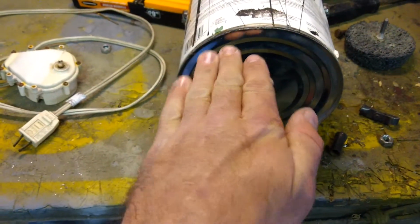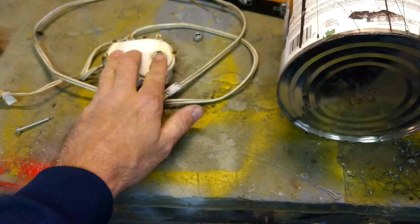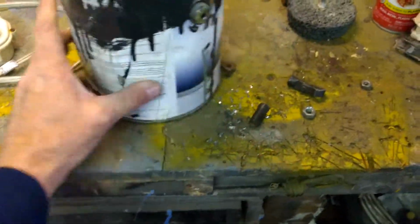That's going to keep the can from wanting to do this over time, so it's not literally sitting on just one little teeter point. It'll make a nice flat surface, a nice platform for it to sit on. After you get all that anchored and you got it mounted on your rig,